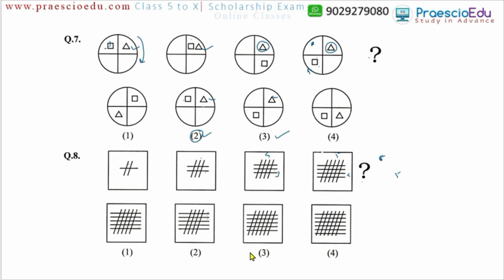Okay, so means option number 2, 3 and 1, either this one. So let's see the intersecting lines, six lines should be there. So here the four, so option number 2 should not be there. Now here 1 2 3 4 and 5, so option number 1 also should not be there. We require the six lines, and six are given in option number 3.